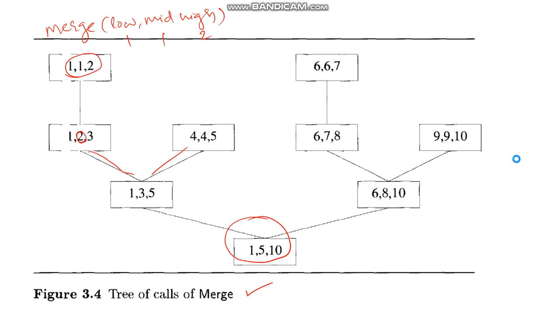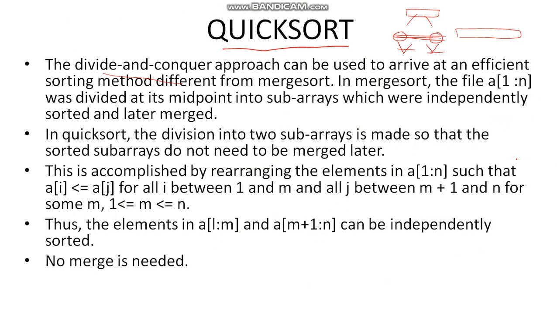About quick sort, the two powerful things about it are that it does not require merging, and it requires only n amount of space. It does not require 2n amount of space. So it is saving the space as well as saving the time, and it is faster. This is very powerful.